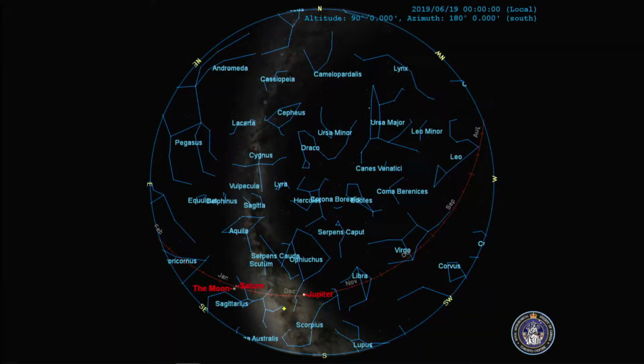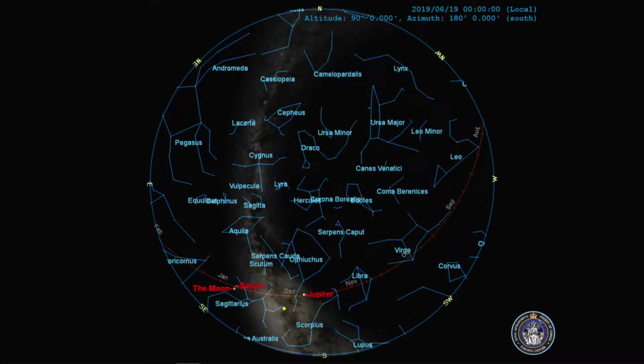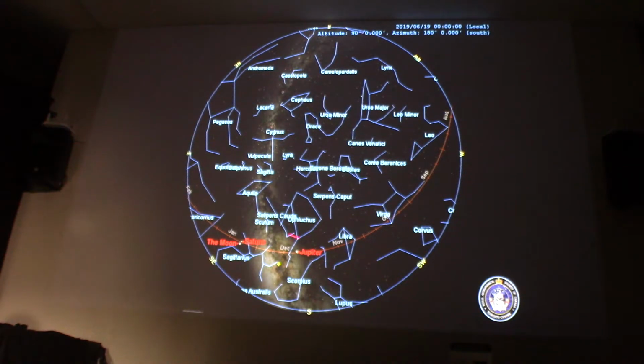This is the whole sky from southern Ontario at midnight tonight. The Sagittarius arm of our Milky Way is now sweeping across the sky, from Sagittarius through Aquila, Cygnus, all the way up to Cassiopeia. This yellow plus sign represents the center of our Milky Way, the nucleus. You can see how fat it is there. The glow of the Milky Way is largest there,